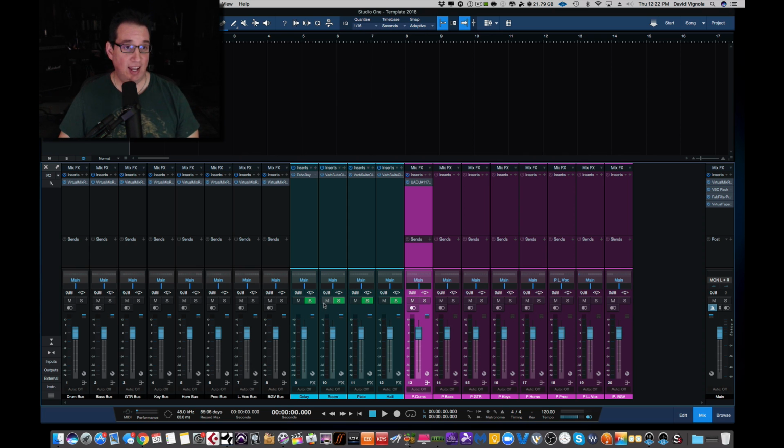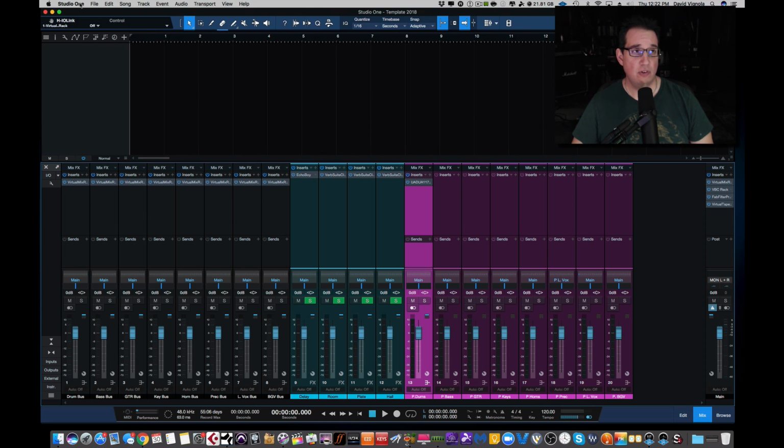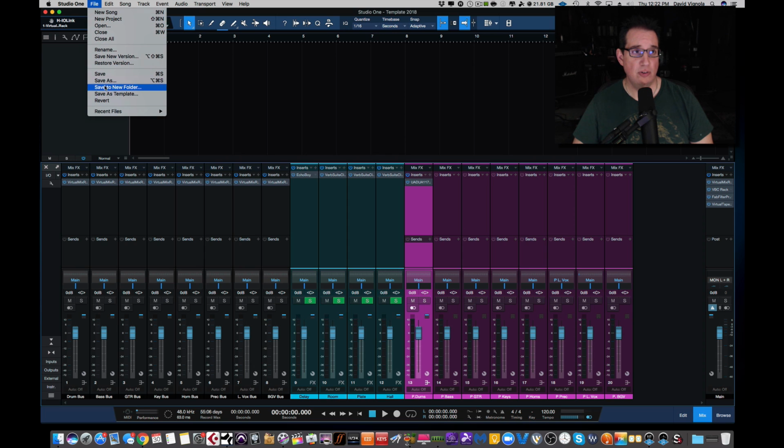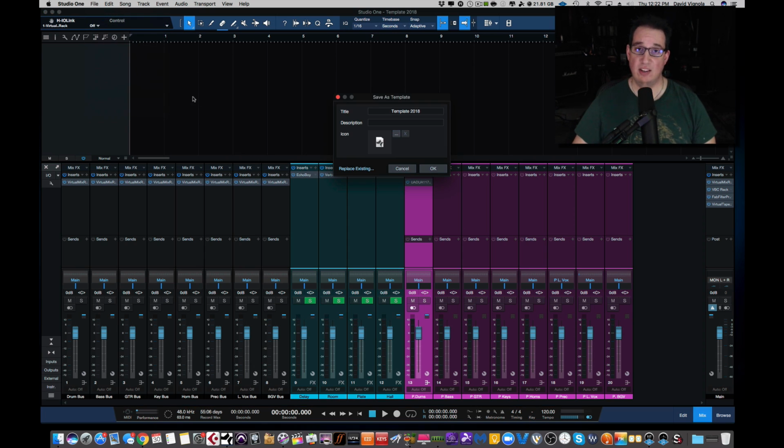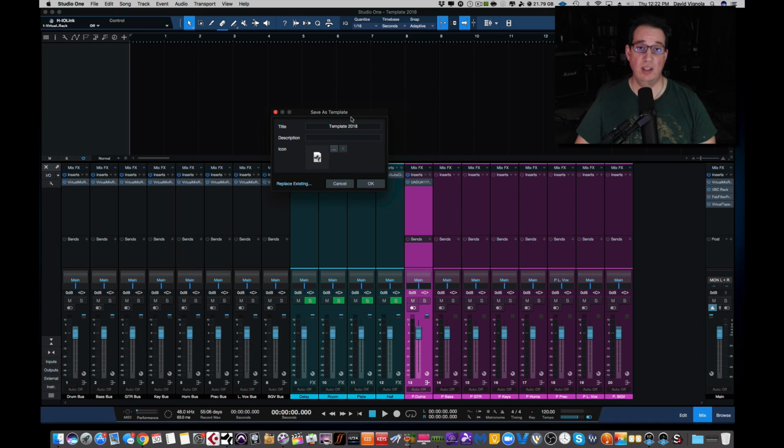Once I get to this stage, I'm ready to save this as a template. Once you've preloaded and set up all your tracks and your effects and maybe your parallel compression, and set up your master bus and your preliminary plugins, you come up to the top here in Studio One where it says File and you go Save as Template. You get a Save as Template dialog box, and you can name it, and we can name this Mixing Template